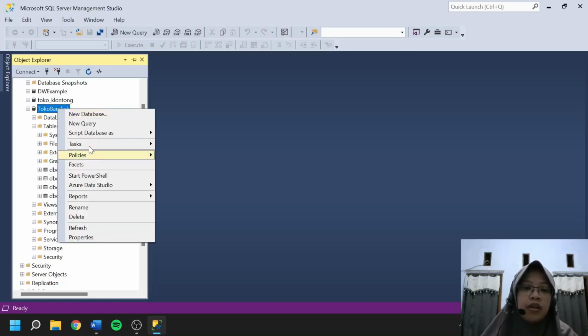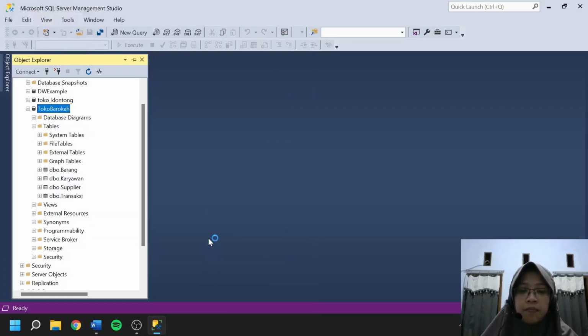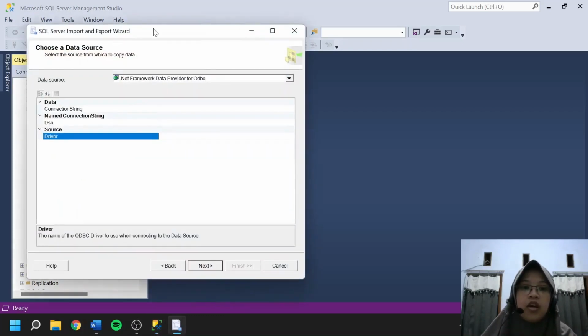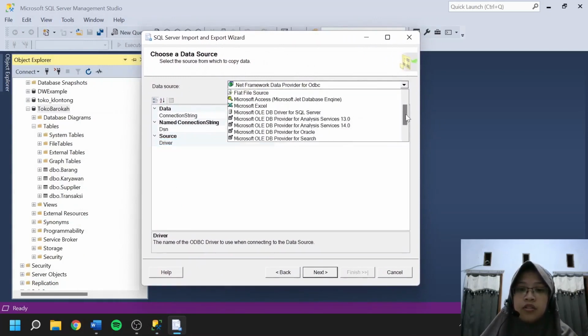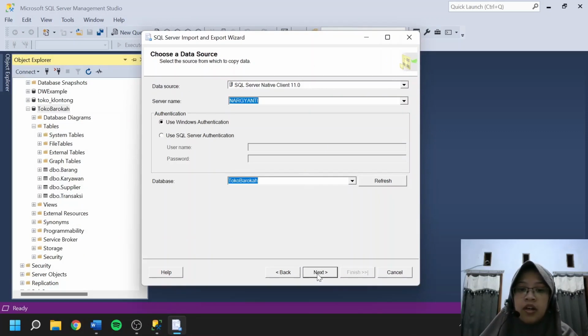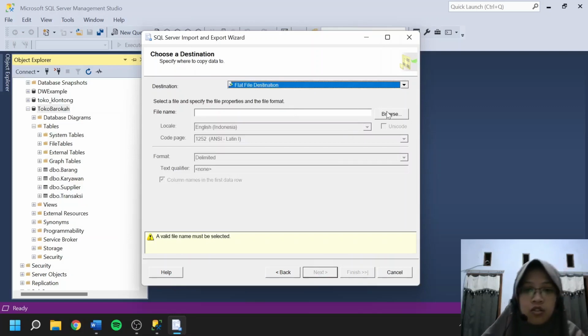We right click, choose Tasks, and then Export Data. Then we choose the data source, which is SQL Server Native Client, and click next. The destination is Flat File Destination, which is a .csv file.